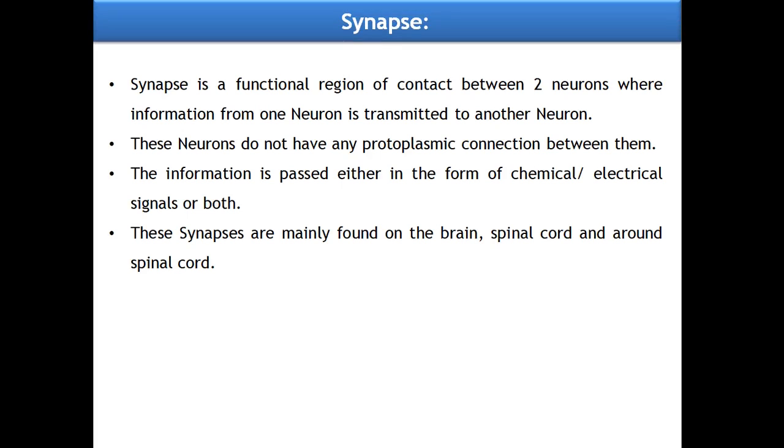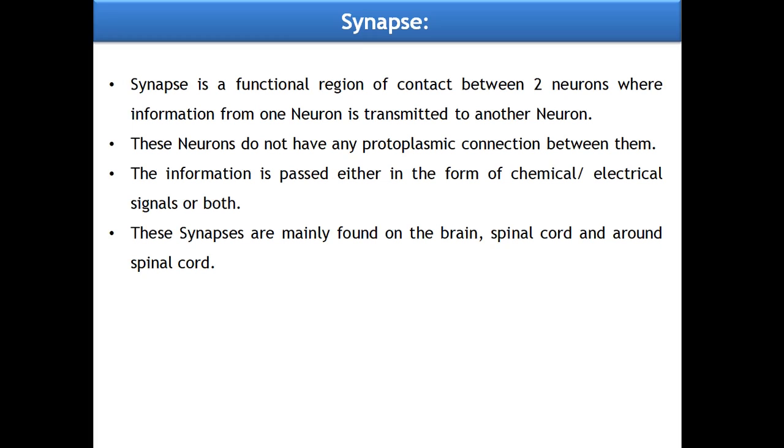Our nervous system consists of around 10 billion nerves. They communicate with each other in a specific manner. The axon of one nerve cell connects to the dendrites of another nerve cell through a synapse. What is a synapse? A synapse is a functional region of contact between two neurons where information from one neuron is transmitted